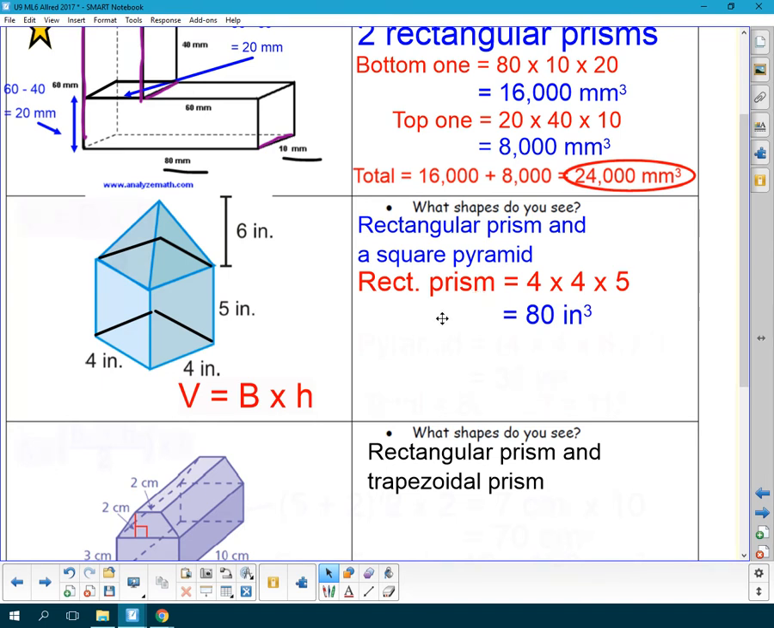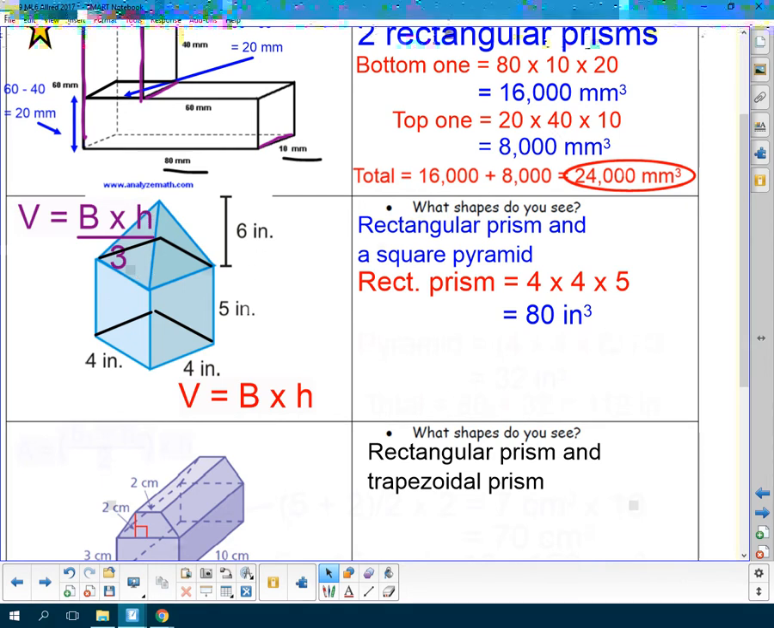On the bottom. For the square pyramid on the top, okay, I'm going to use the formula for a pyramid that I've used this whole unit. I'm going to do big base times height divided by 3. To find the area of the base,